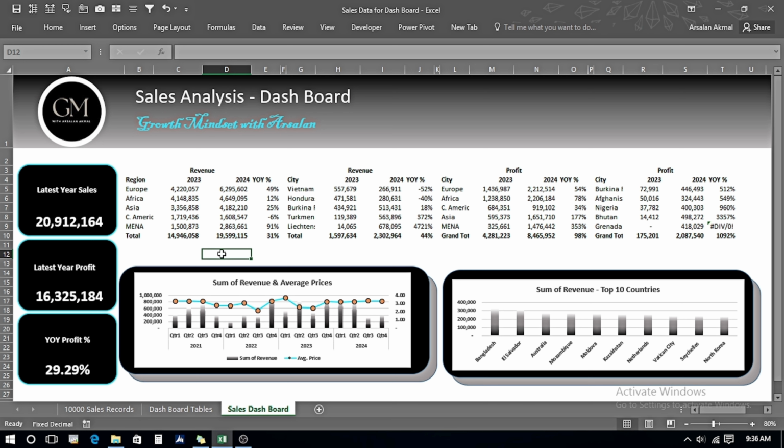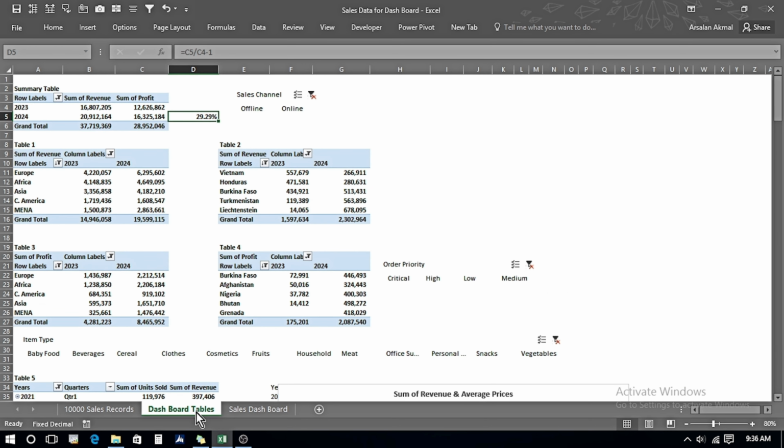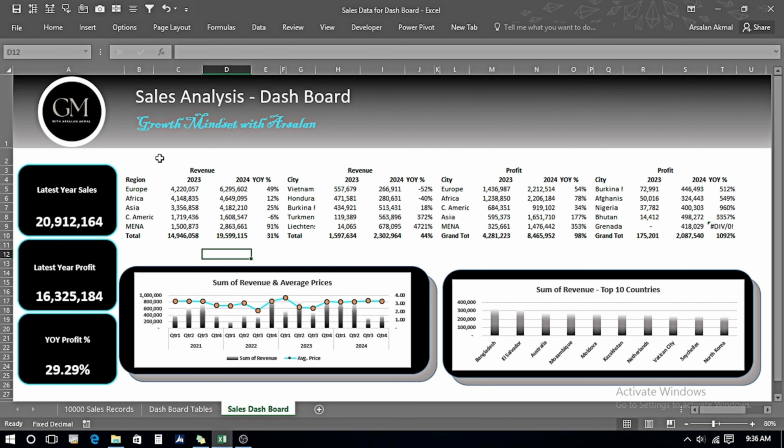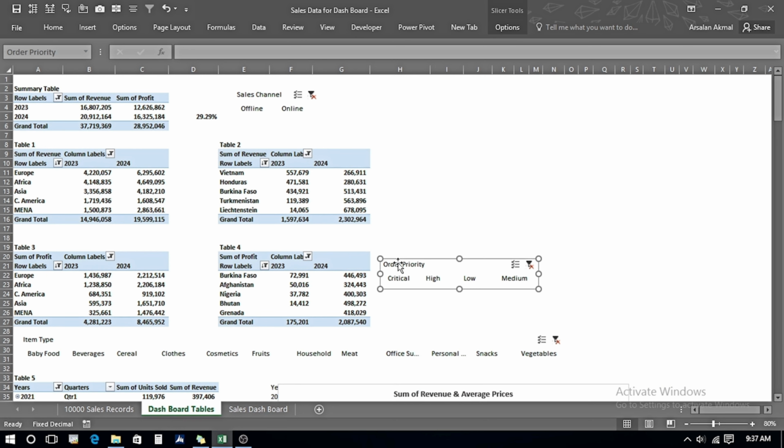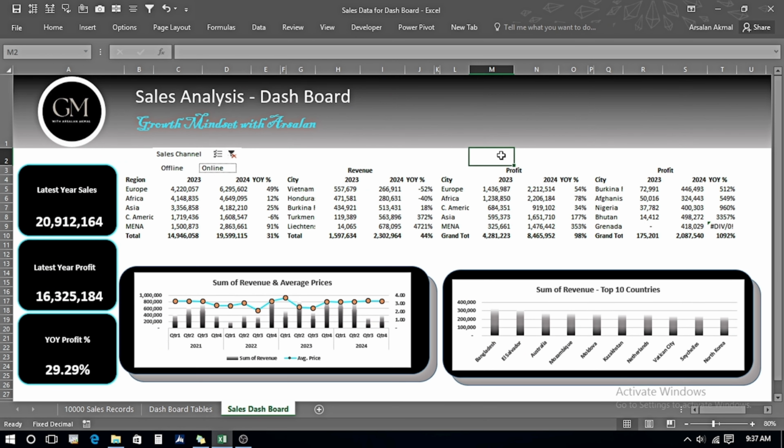Now I will be adding the slicers over here, so it will make our reports more dynamic. I will just go in my dashboard tables and click over here, press Ctrl C and come back in dashboard. And now I will press Ctrl V. So here I can see if I click on any one of these, the figures are changing dynamically. This slicer is related to table 1, 2 and all of these tabs over here. So once we change it, it is changing the figures dynamically. Now, likewise, we are going to bring in the other slicers as well. Just Ctrl C for copying the slicer from there and Ctrl V over here.